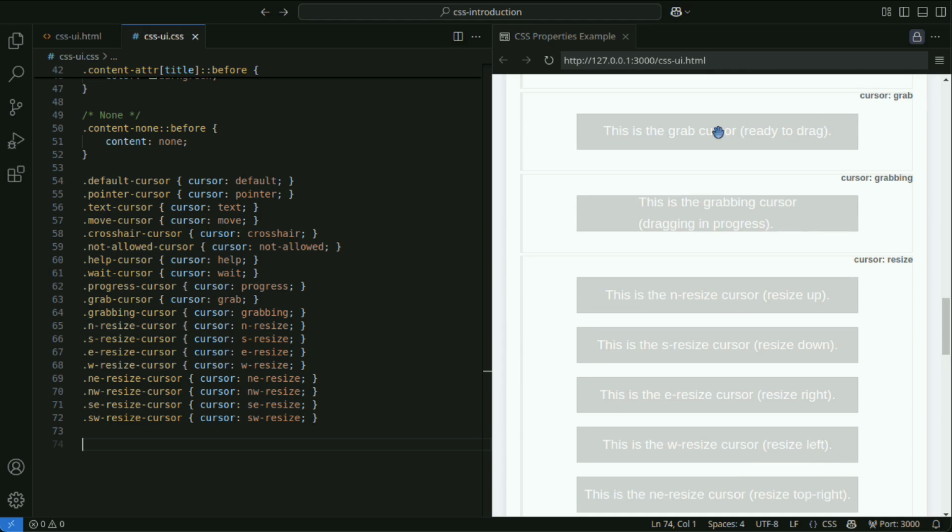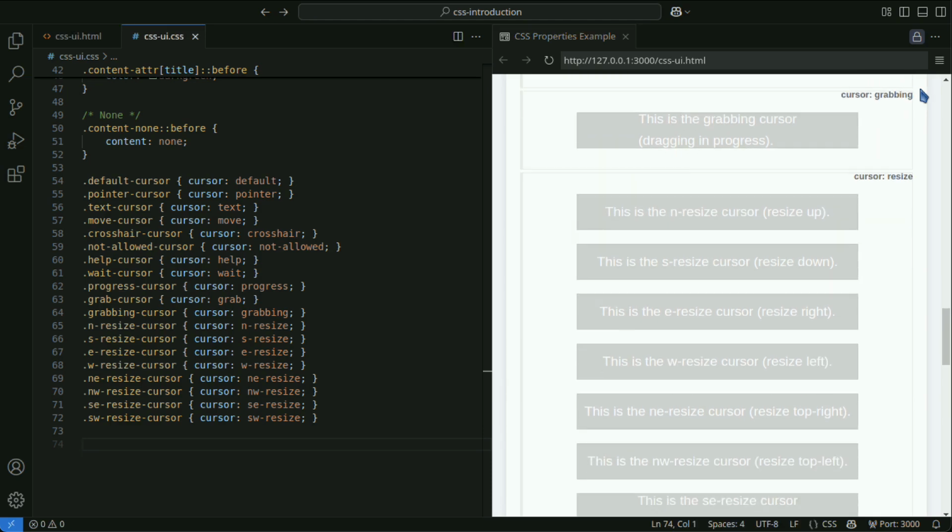Grab is a cursor for grabbing draggable elements. Grabbing is a cursor indicating an element is being dragged. Resize is a cursor used when a window or element can be resized. There are different types depending on the direction.